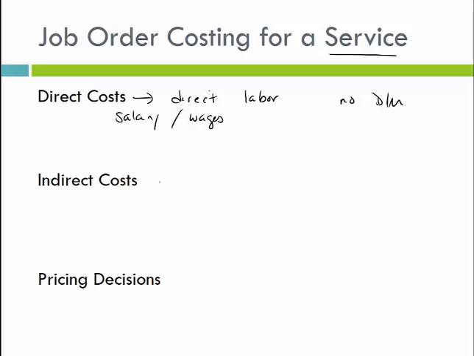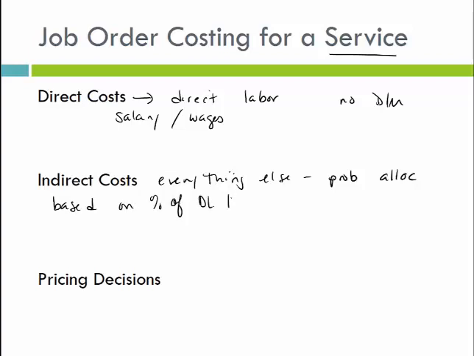Your indirect costs is really everything else. We don't really call it manufacturing overhead because we're not manufacturing. It's just direct and indirect costs. So everything else goes under indirect costs. More than likely, though, you're going to allocate these the same way we allocated in the manufacturing overhead. So you're going to allocate these based on percent of direct labor dollars or direct labor hours,